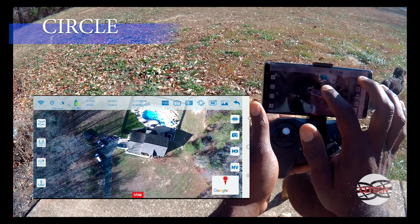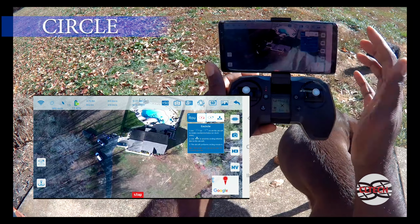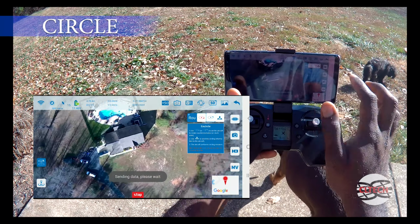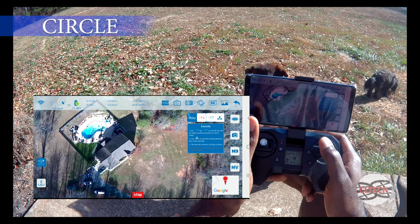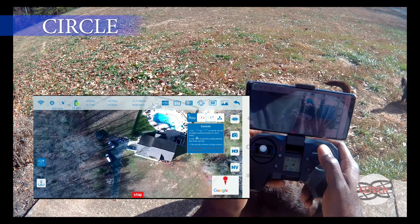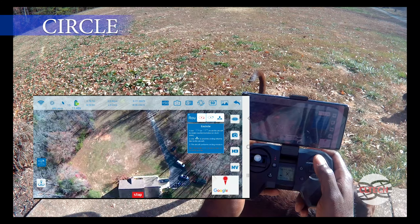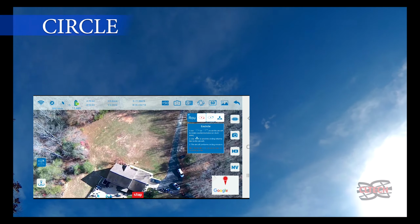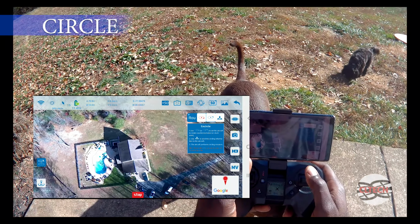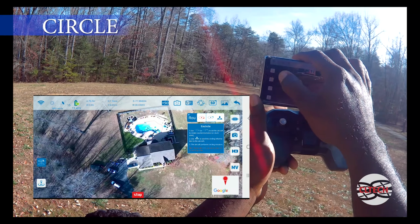Okay, first I'm going to try a circle. And I click that over here, the circle, and it'll let you do left and right, but it won't give me an option to change the radius. So I'll go ahead and click this one, hit upload. And it'll fly out a few meters and then start to rotate. And we'll see if the circle gets bigger. It's just rotating. So this is more to circle a person than a big object, because it won't let me change